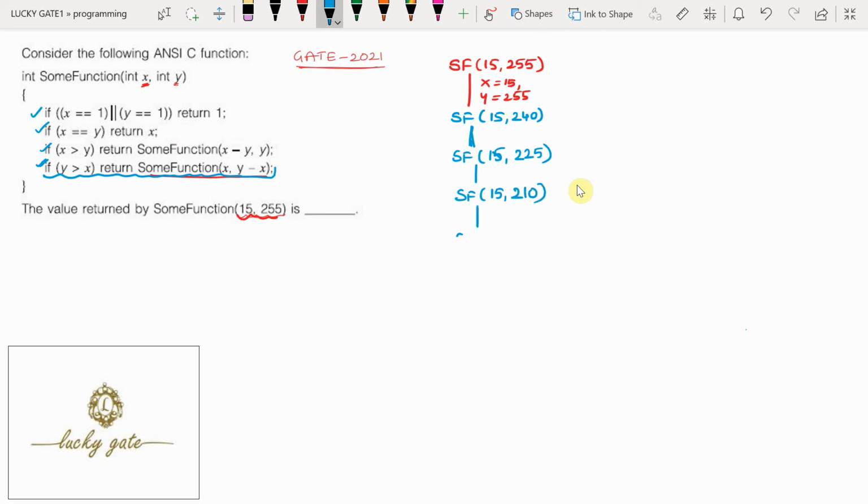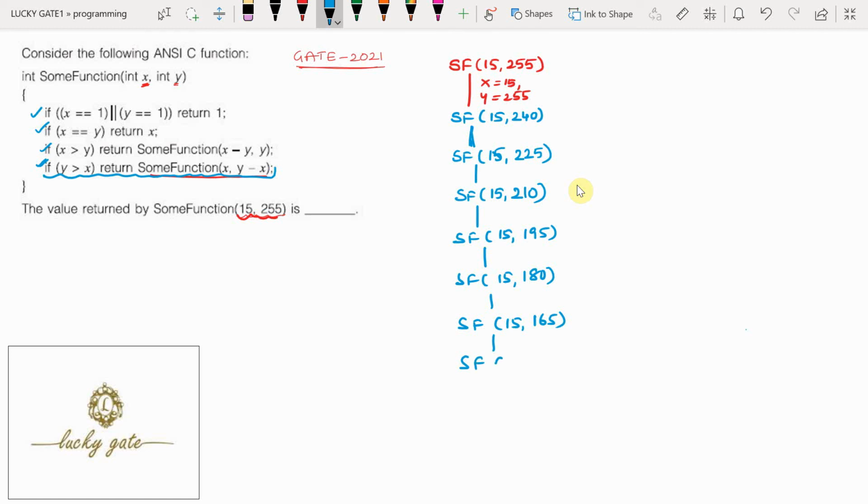So next time it is sum function of 15 comma 210 minus 15, this is 195. Next time sum function of 15 comma 195 minus 15, that is 180. Next sum function of 15 comma 180 minus 15, this is 165.